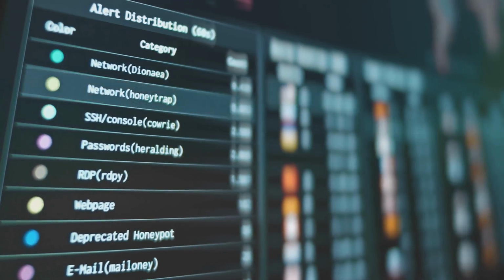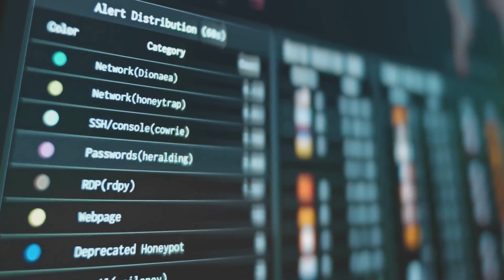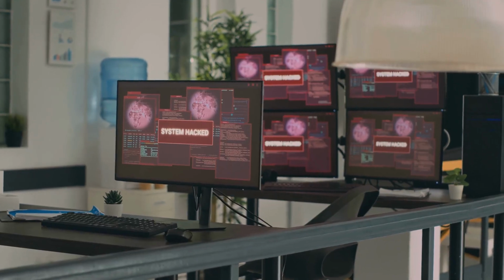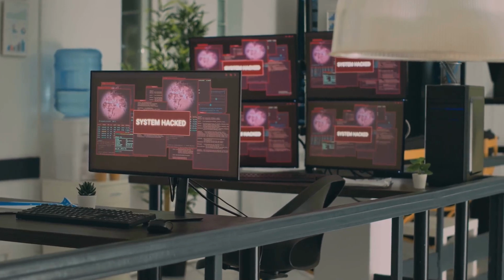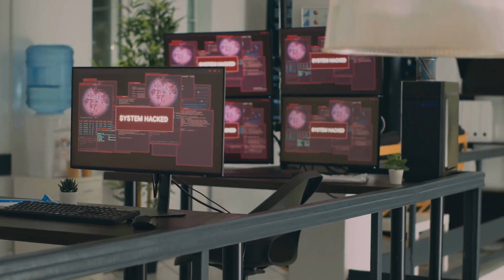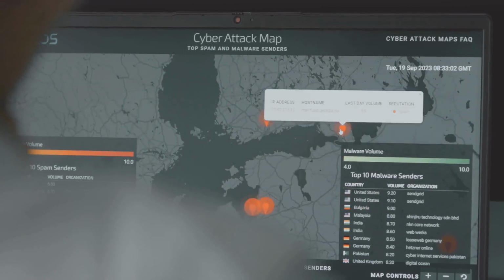Question: what are the key components of a Palo Alto security policy rule? The key components of a Palo Alto security policy rule are the security zone or interface where the traffic is originating from, the source IP address, address group, or user group, the security zone or interface that the traffic is destined for, the destination IP address, address group, or domain, the network application or application group to inspect and control,